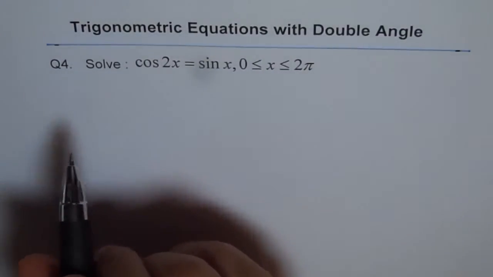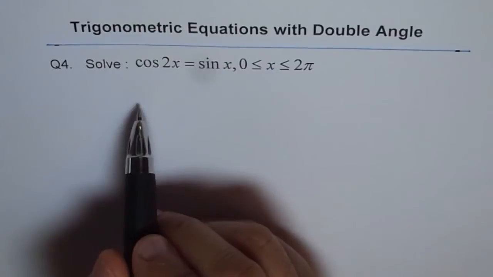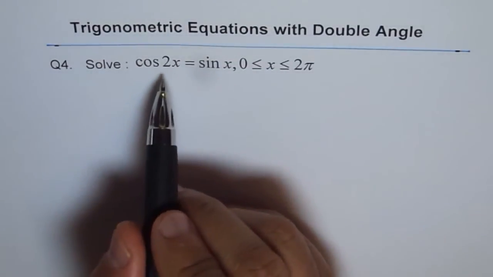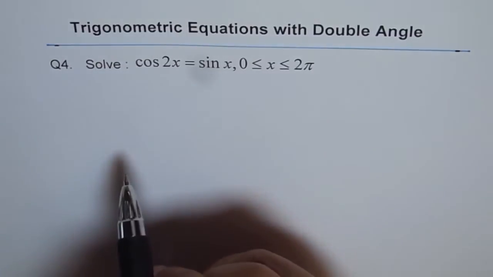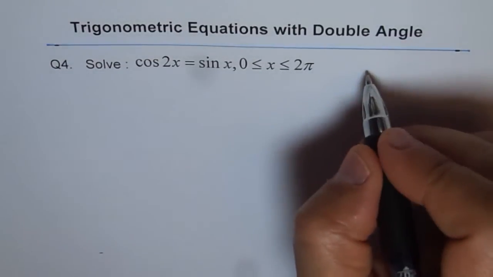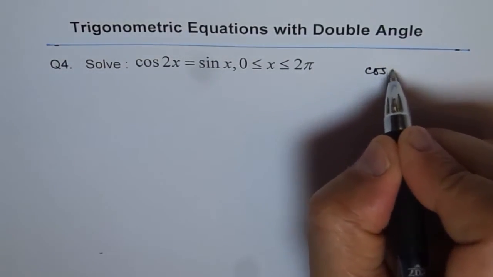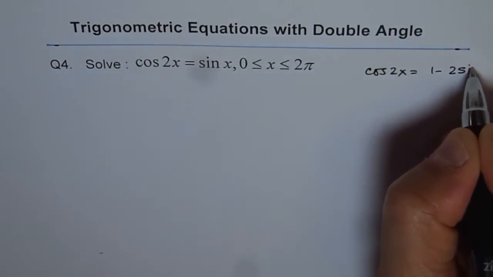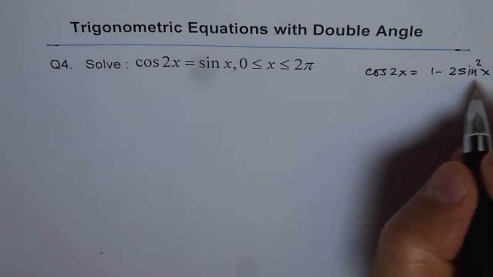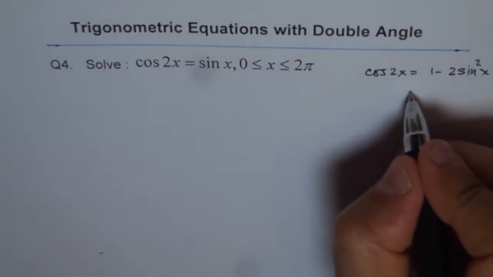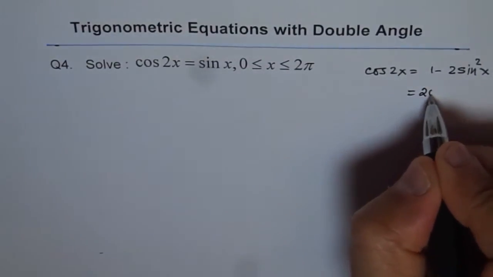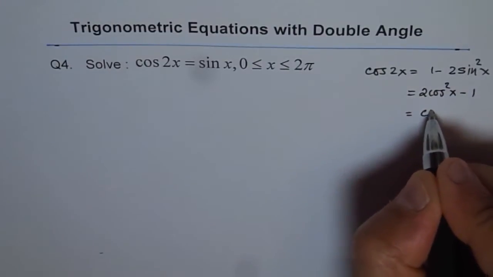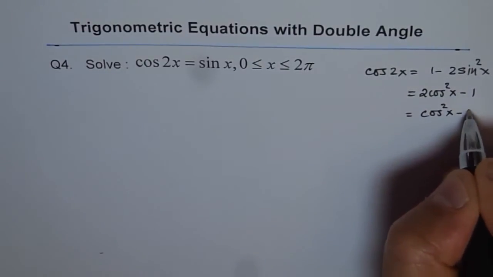So what we can do is write cos 2x in terms of sin x, and then we will have a quadratic equation in sin x which we can solve. I hope you remember this formula. Cos 2x is equal to 1 minus 2 sin square x. Cos 2x has three formulas. We are going to use this one. It could also be written as 2 cos square x minus 1 or cos square x minus sin square x,